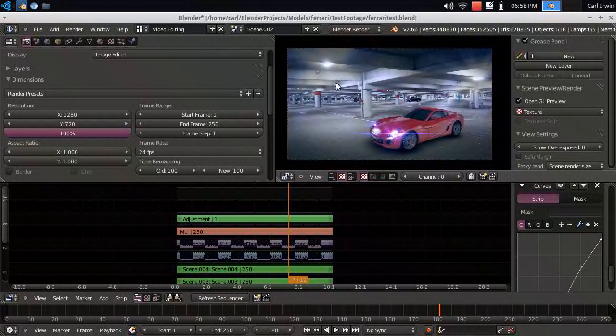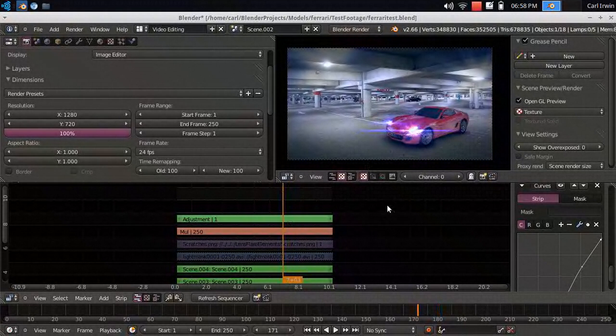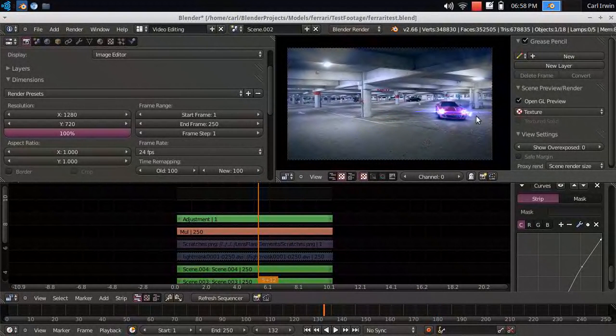All of this is occurring in separate scenes, and then they're composited together in the video sequence editor, and then color corrected and put together. So that's how I put the scene together,